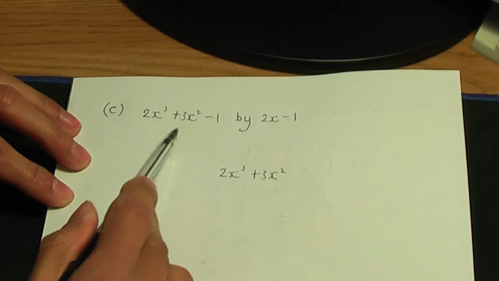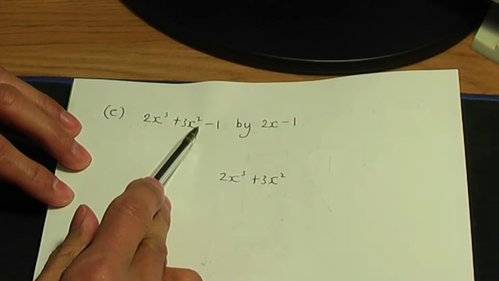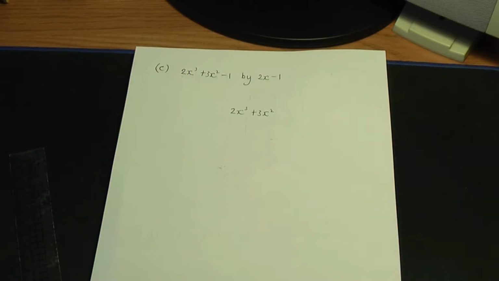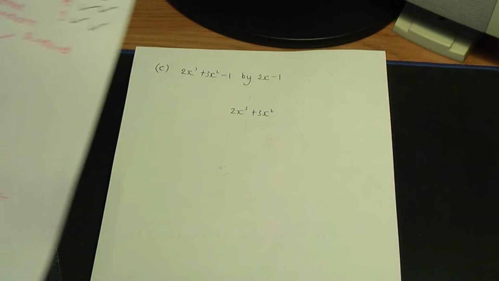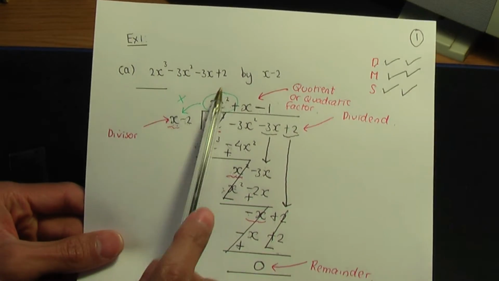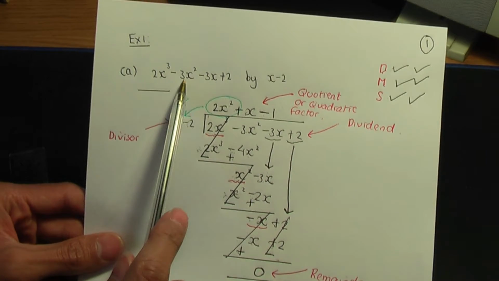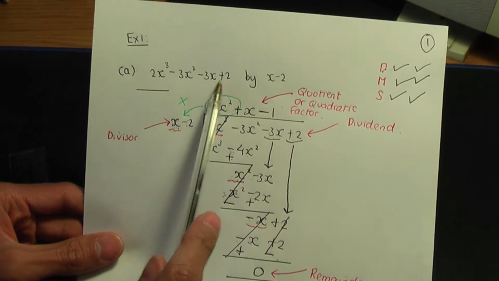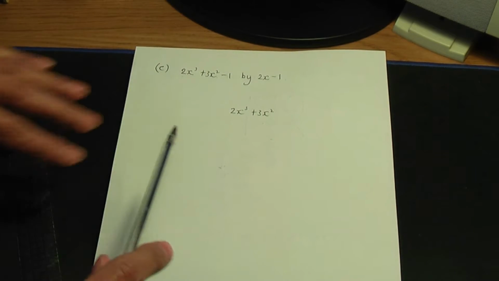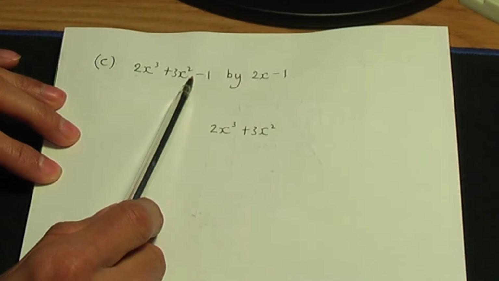Now if you notice, in this polynomial I'm missing one term, an x term. Unlike in example 1 part A, where my polynomial has a cubic term, a power 2 term, an x term and a constant, in part C I have a power 3 term, a power 2 term, a missing x term and